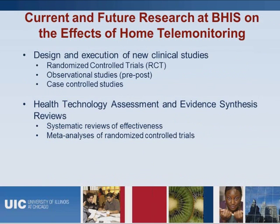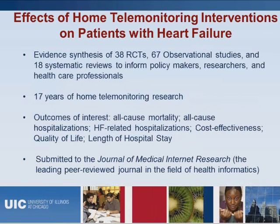So personally, I have a keen interest and experience in conducting systematic reviews of effectiveness as well as meta-analysis of RCTs, and currently I'm working on several reviews to investigate the effects of various home telemonitoring interventions on patients with chronic diseases. So one of the reviews that we just finished is geared towards patients with heart failure. More specifically, my collaborators from the Canada Research Chair in Information Technology and Healthcare and I recently completed a massive